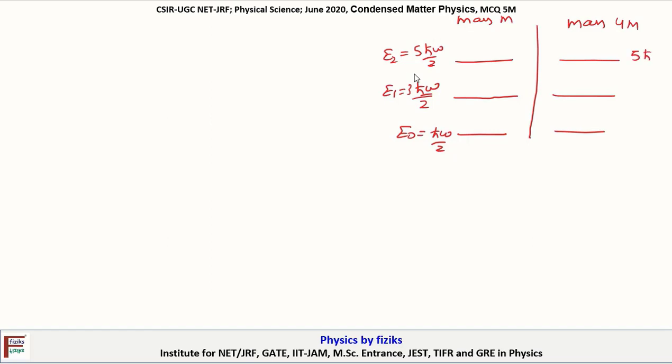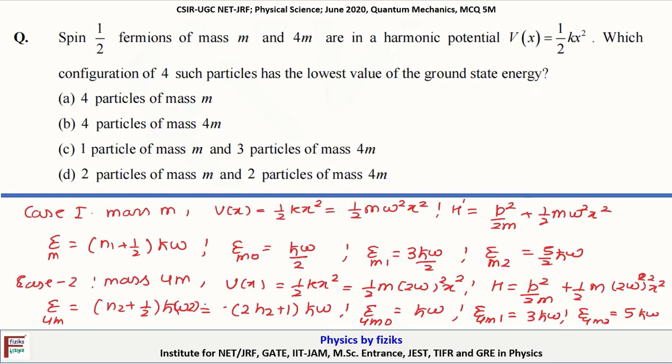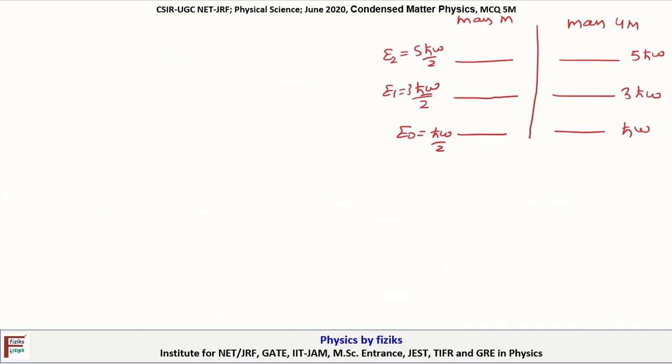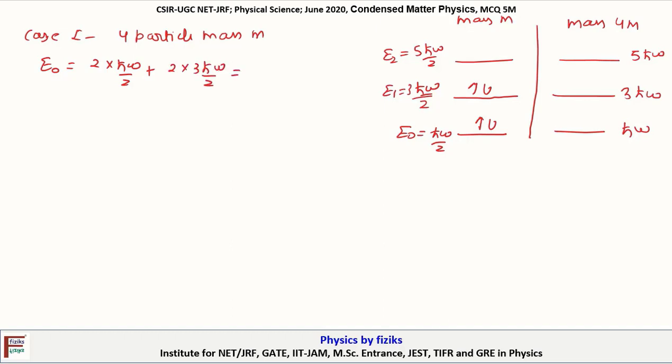For mass 4m, that would be h cross omega, 3 h cross omega, 5 h cross omega. Now consider the first case, 4 particles of mass m. The energy would be 2 into h cross omega by 2 plus 2 into 3 h cross omega by 2, which is equal to